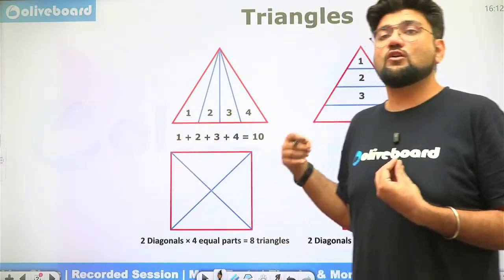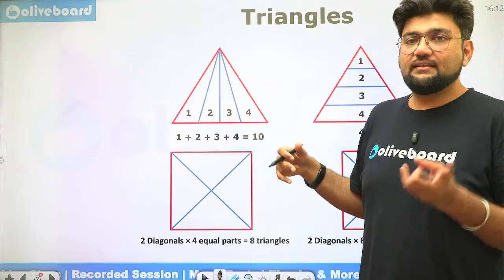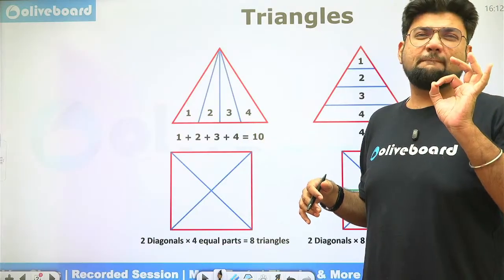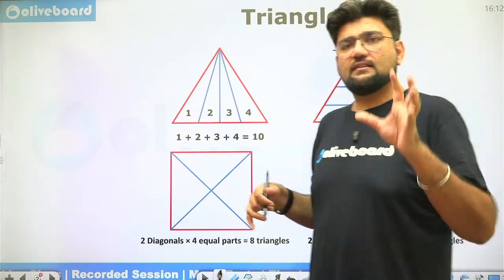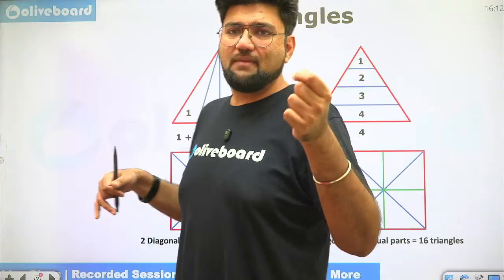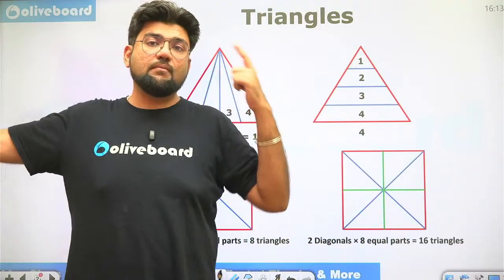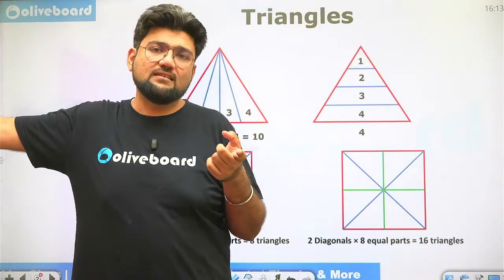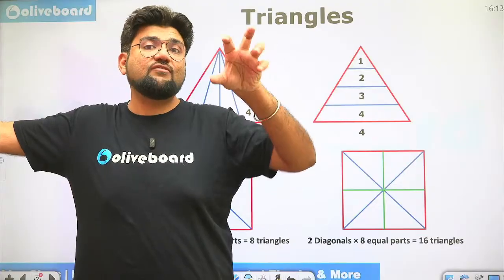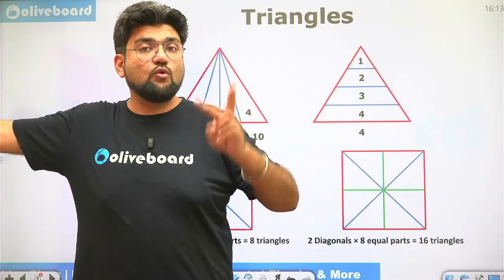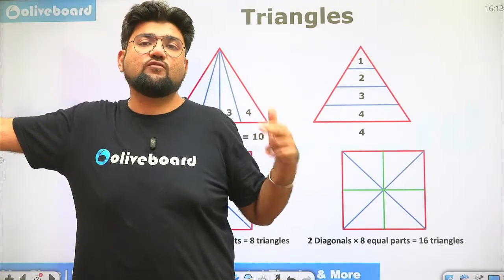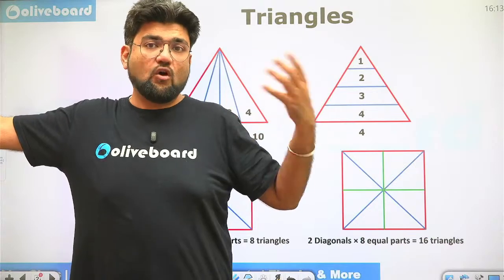That means there is some sort of a trick involved in counting. The other one is a fixed result. Fixed result means there is a result, you have counted it once manually, you have got the answer and now you have remembered the result. You have memorized the result. So you're reusing it anytime that figure comes in front of you. You have to have a combination of both of them together for each figure so that you can solve the